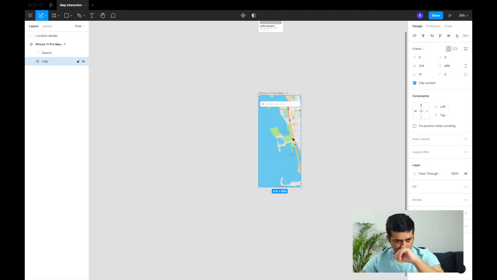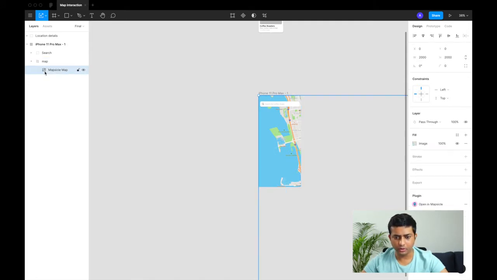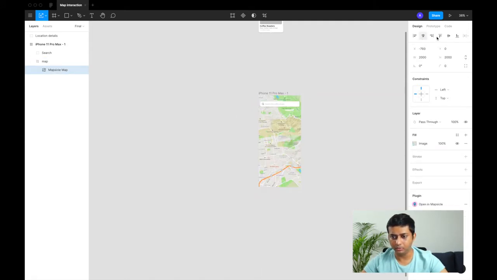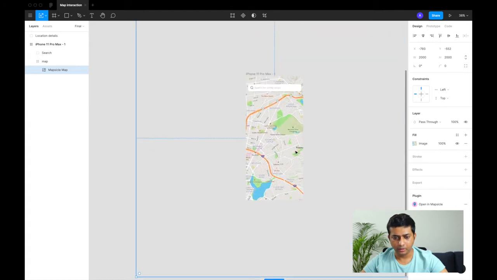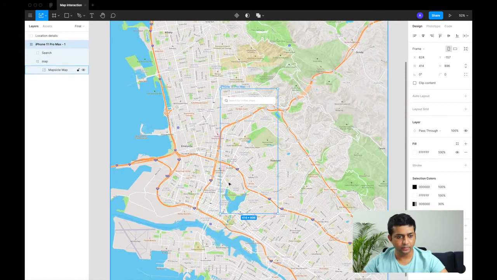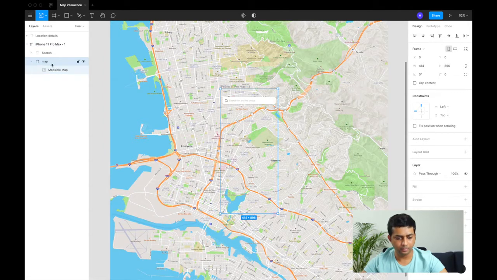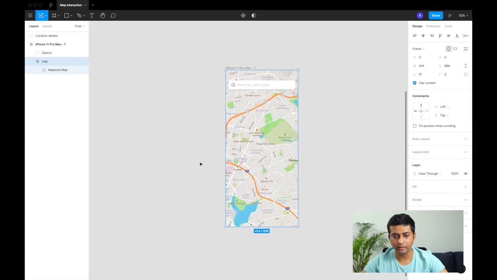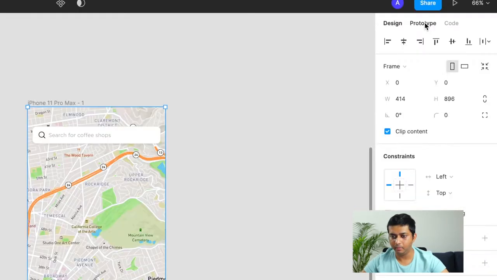Yeah. So we have aligned the map, and we also need to align the map in the center because the map is also moved up. So now if I can show you, yes, the map is in the center, and this map frame that we have built contains this enlarged map, and we'll do clip content and it will hide the overflow of the map. Okay, so now that we have done this, let's quickly go to our prototyping tab,